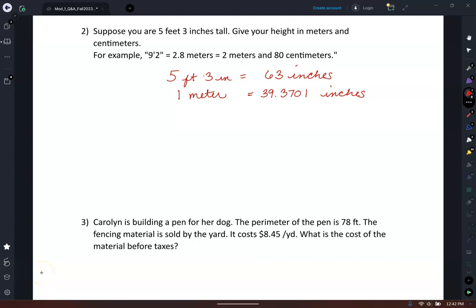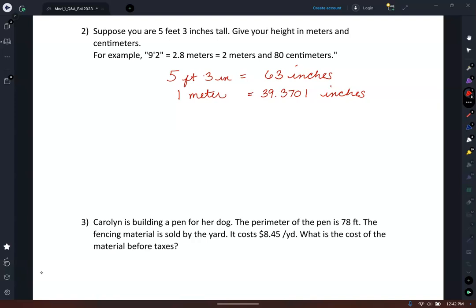Okay, now we're continuing on with some of the Q&A problems that were from the electronic homework. Number 2, suppose you are 5 feet 3 inches tall. Give your height in meters and centimeters. For example, if you were 9 feet 2 inches tall, that would be 2.8 meters equals 2 meters and 80